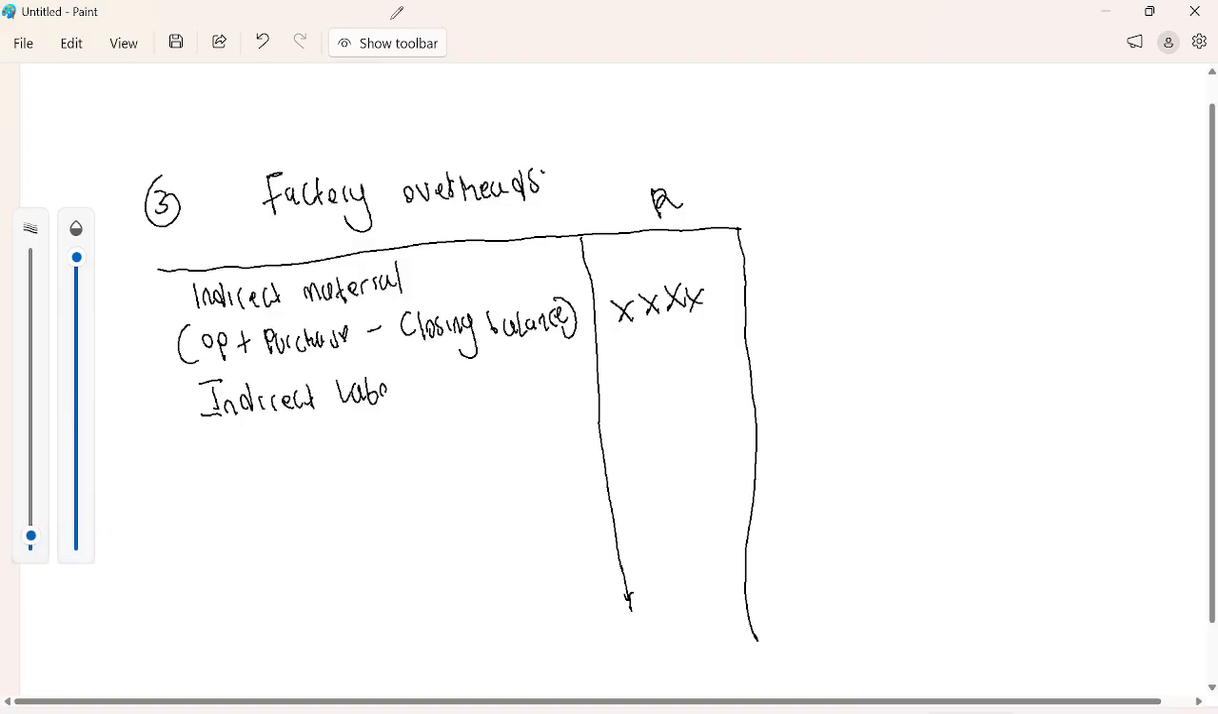labor. You have indirect labor, right? So indirect labor consists of what? Salaries of a supervisor, a cleaner, whatsoever, such things, right? Please, guys. And then we have depreciation,